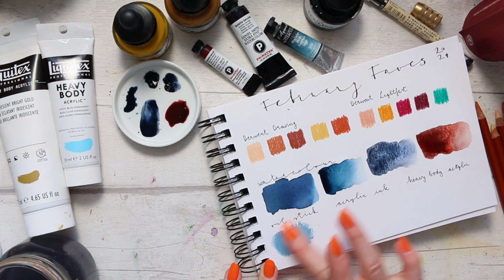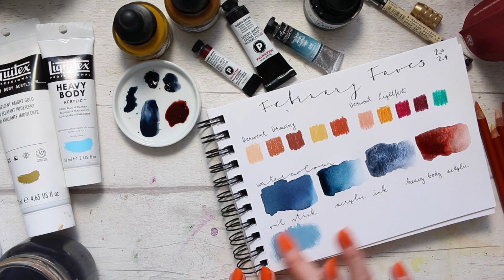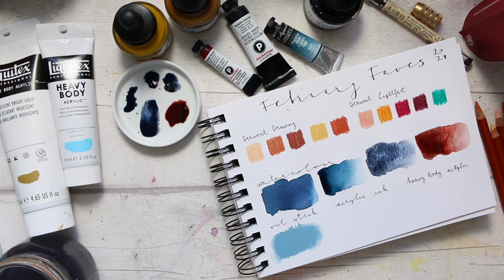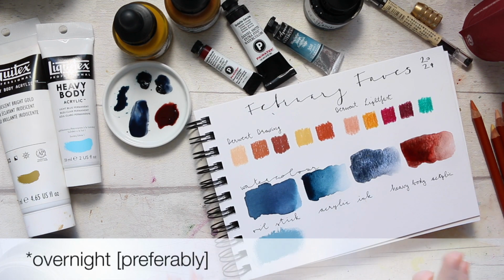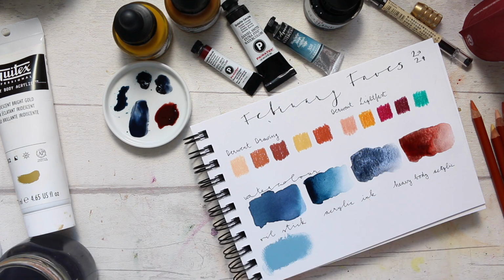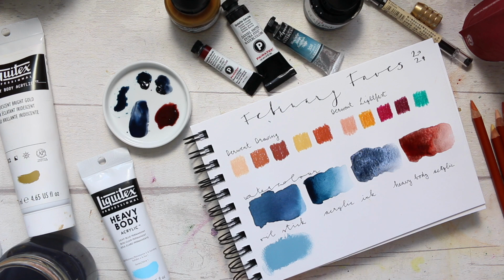So that's the beautiful blue color I was talking about. Isn't that gorgeous? So these are all paints, so keep that in mind and make sure to leave these to dry for quite a few hours. They will be fine after that. And then what else do we have? Heavy body acrylic. So we have acrylic inks. Let's do them first. So this is the yellow ochre,